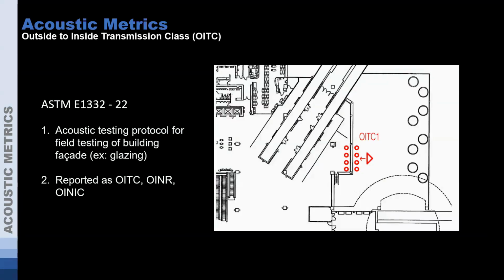The other thing, so we talked about STC. OITC is similar, but it's for outside noises. So an OITC is an outside to inside transmission class. Again, this is focused on airborne sounds. The main difference between this and STC is STC had more of those middle and high frequencies. The OITC, while it still has some of that, shifts a little bit towards the lower frequencies for sounds that are more typically associated with airplane noise, traffic noise, and even mechanical system noise that you may have from these outside spaces.